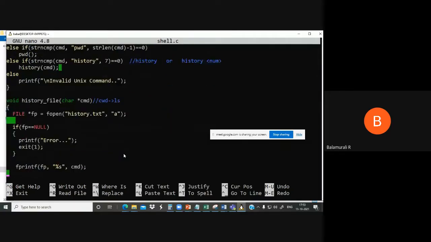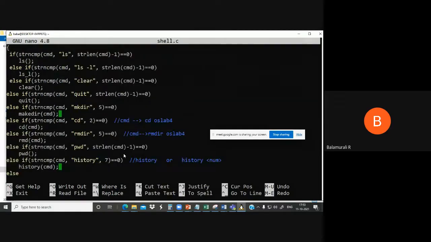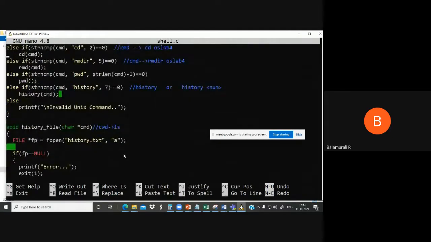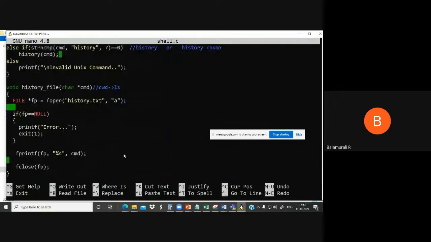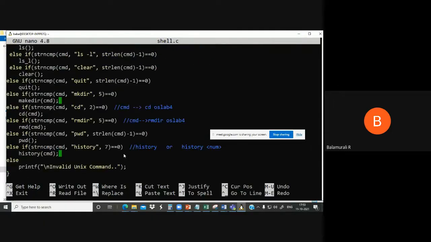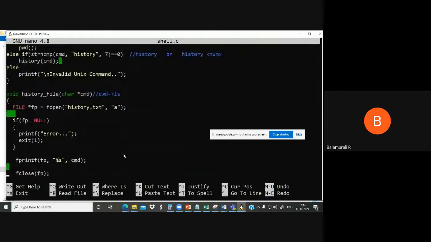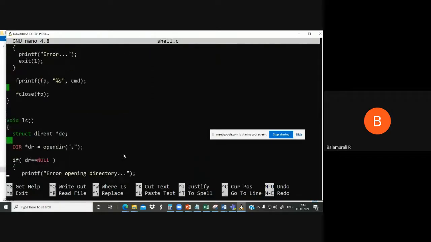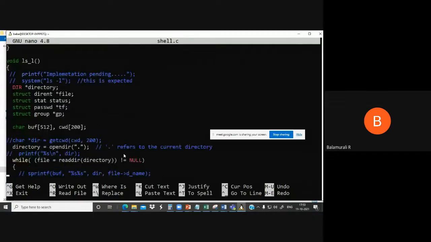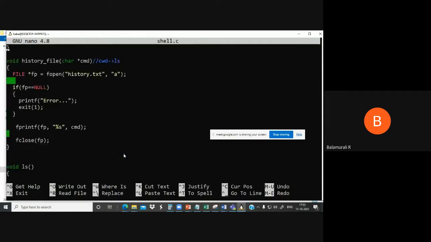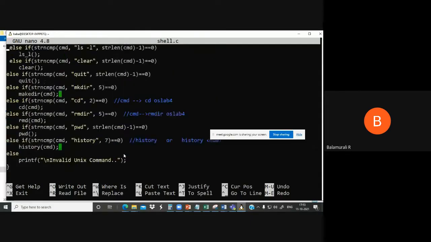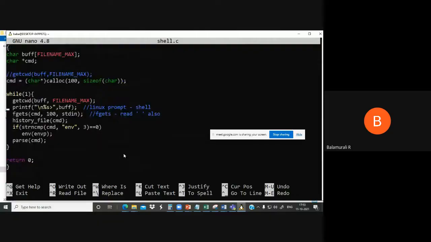Okay, I think the problem is with the history.txt, because this only throws this error. Let me comment that line and check. So this is the one, let me comment it.